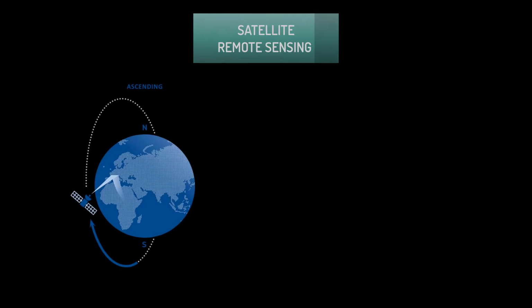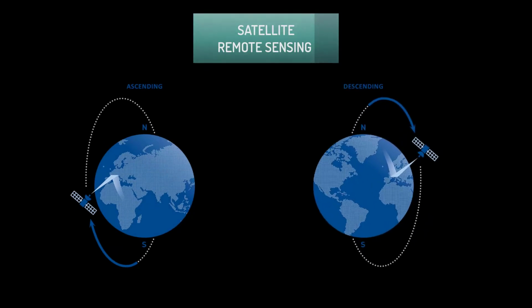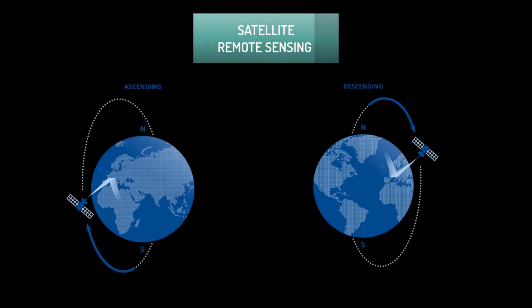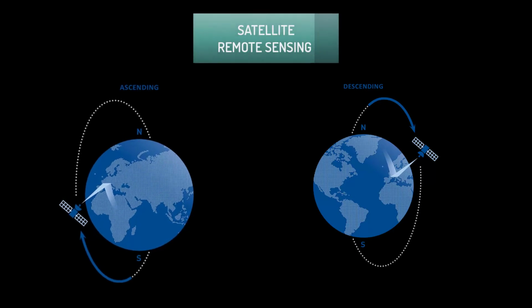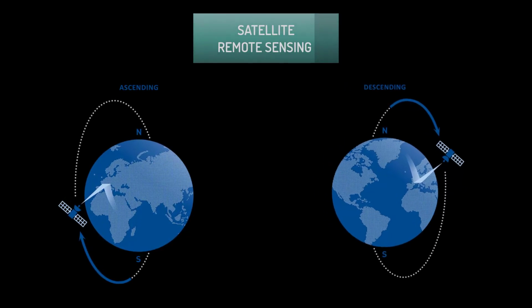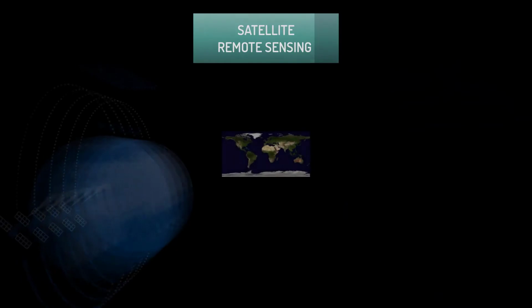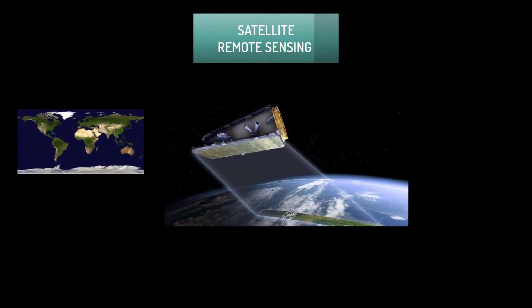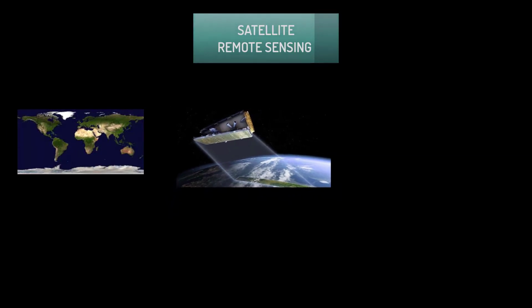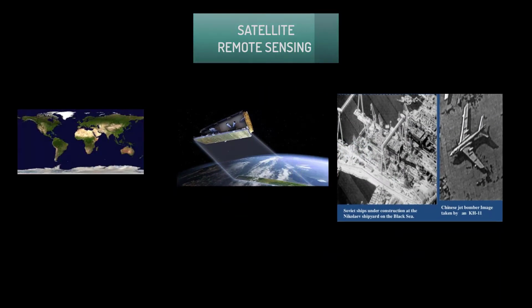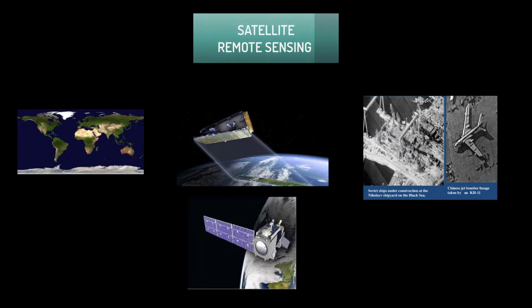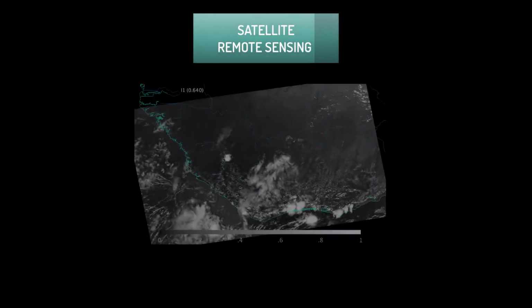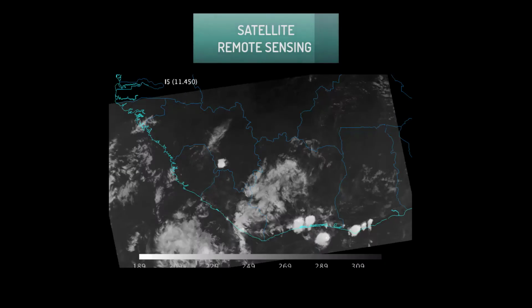These orbits can be ascending or descending. In ascending orbit, satellites are moving south to north when their path crosses the equator. In descending orbit, satellites are moving north to south. Polar orbits are often used for Earth mapping, Earth observations, capturing the Earth as time passes from one point, reconnaissance satellites, as well as for some weather satellites, such as the Suomi National Polar-orbiting Partnership that provides daily coverage